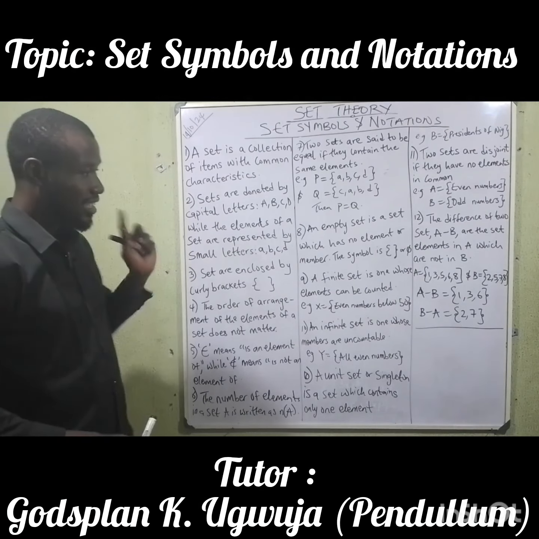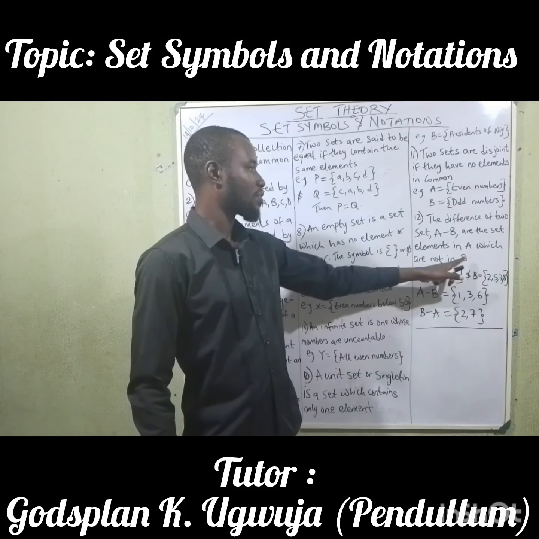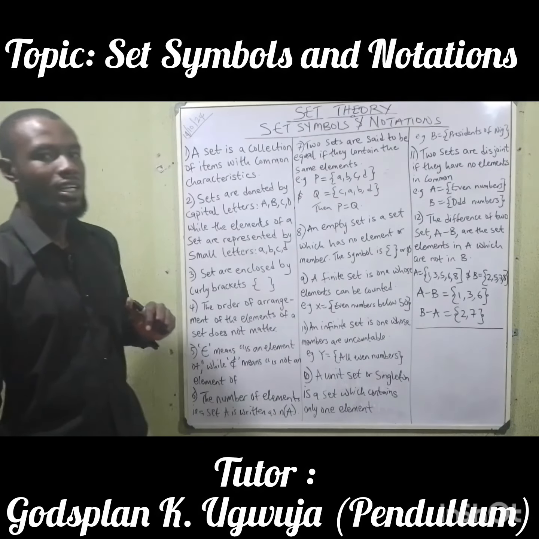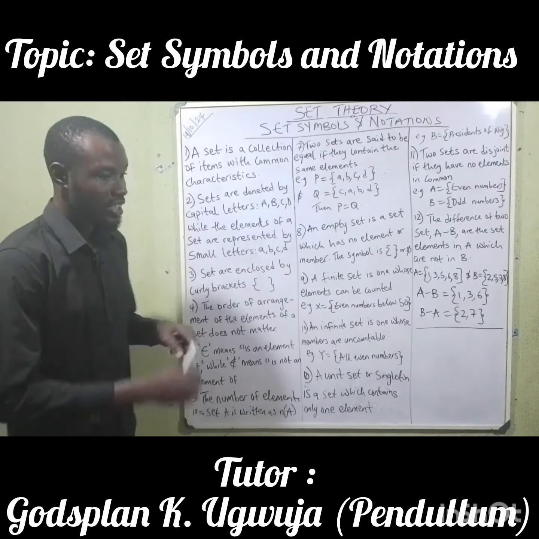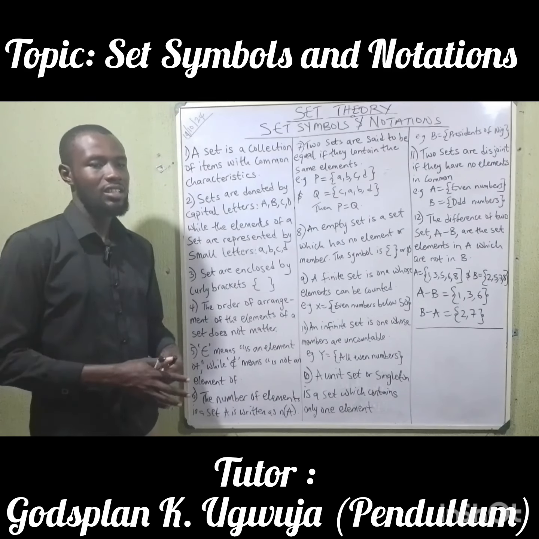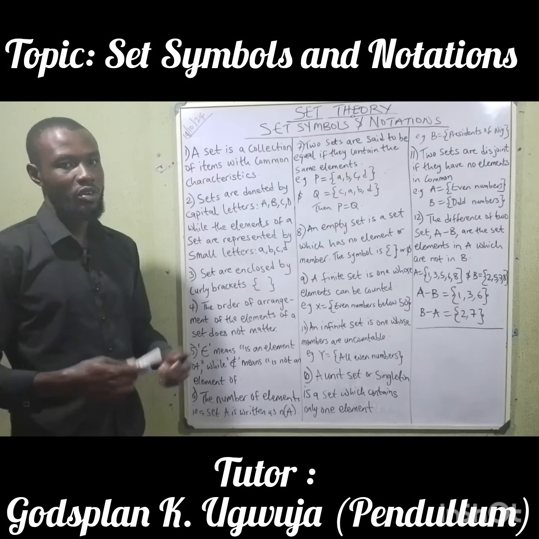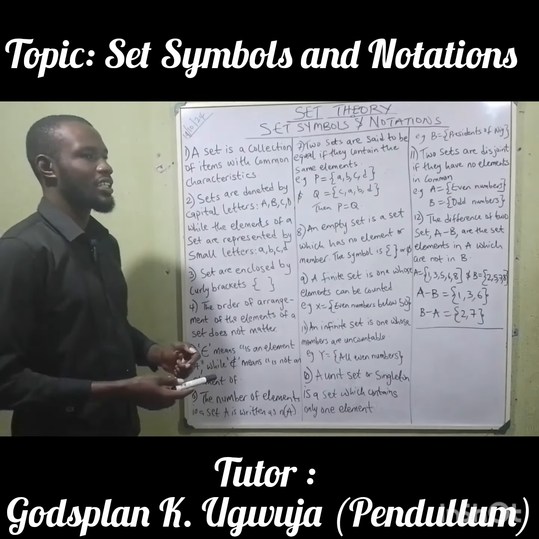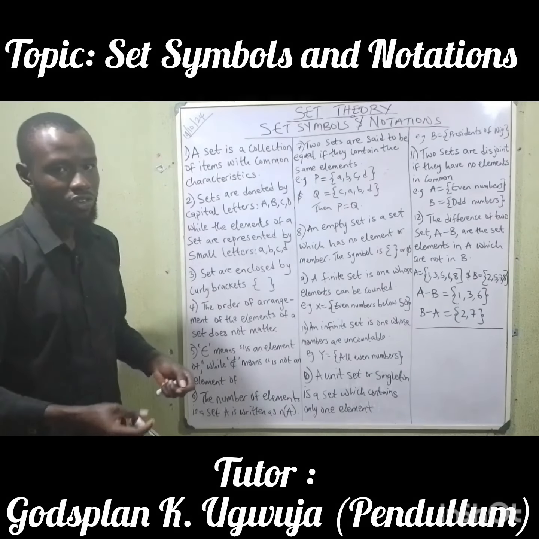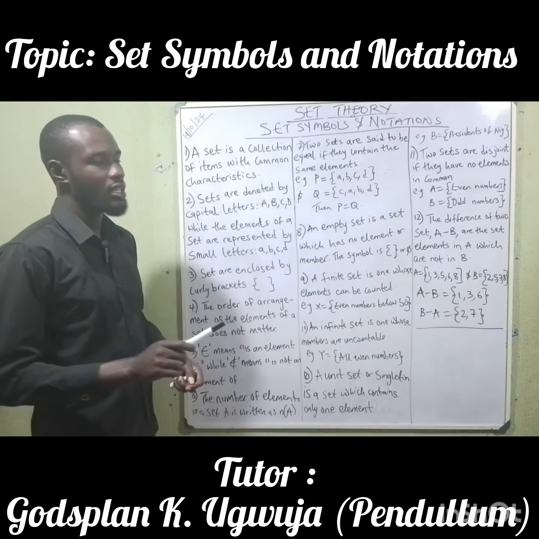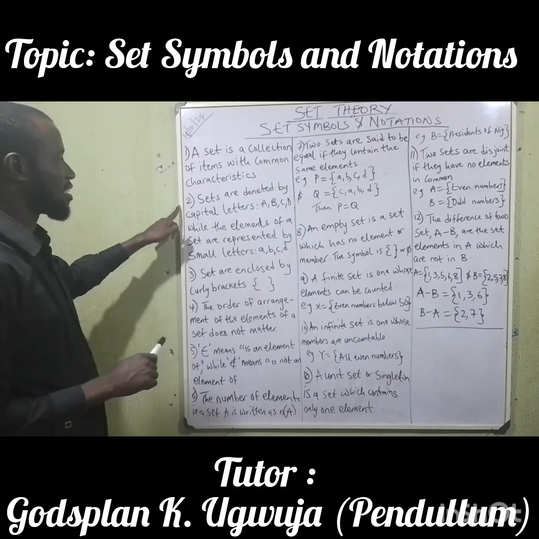So we represent a set by capital letters. If you look at the board, you see capital letters. That's what we use to denote a set. So if you want to write a set of Nigerians, you can use capital letter N to represent that set. A set of students that offer biology, you use capital letter B to represent the set,